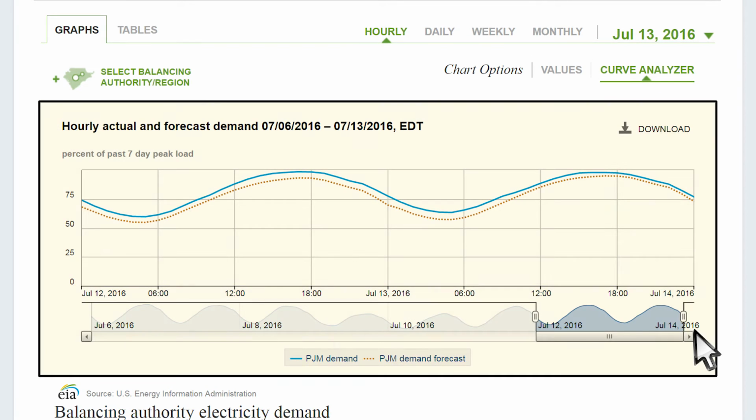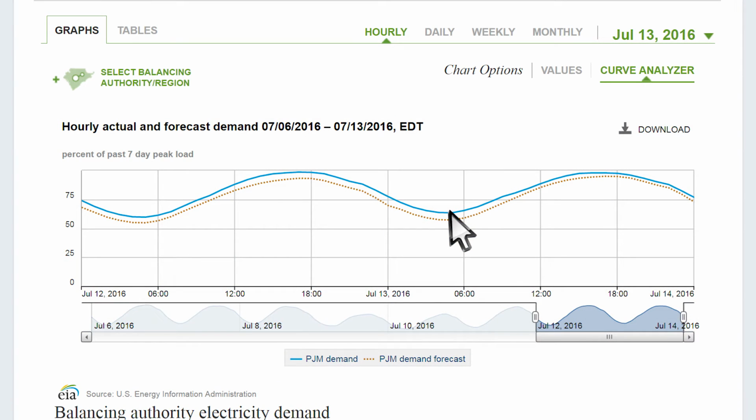First up is the demand graph. Note the cyclical nature of power demand. It displays a fairly recognizable pattern throughout the day. During summer months, demand for electricity swells in the evening hours and is at its lowest in the early morning. The dotted line shows the 24-hour forecast for the day. The blue solid line, the current demand. For more detail, use the zoom control here.